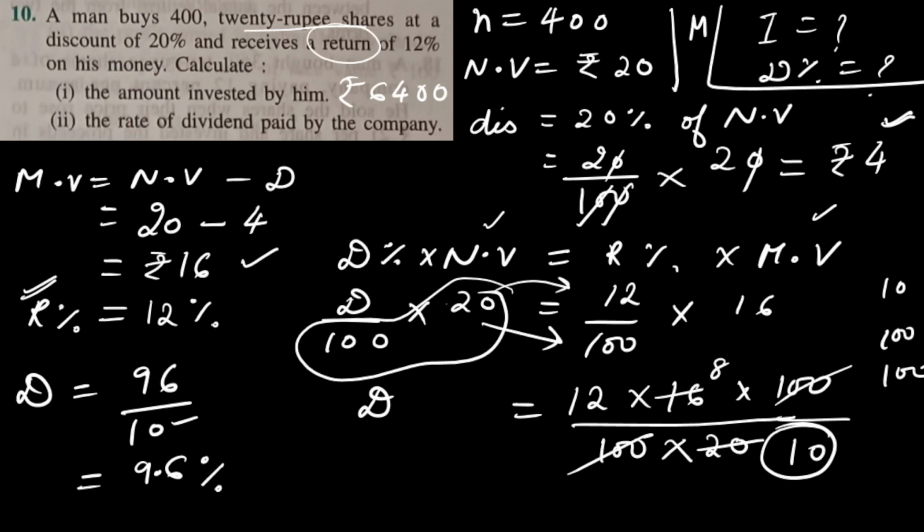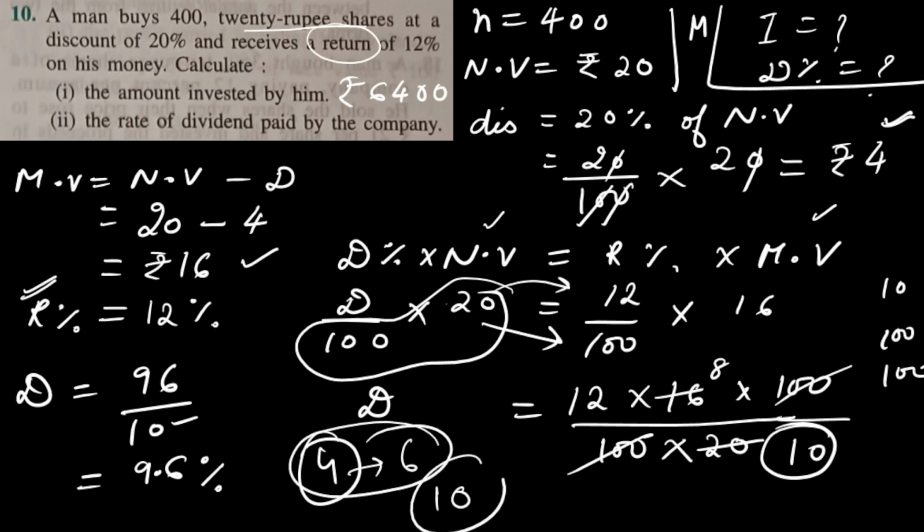So with this we have completed the 10th question. Now let's do the next question. In this video, because this exercise is a little lengthy, it has 20 questions in total, what I have planned is, 4 questions I did in the first video. It includes MCQs also. MCQs itself, 6 questions were there. So overall in my first video I completed 6 MCQs plus 4 subjective questions. So 10 questions I did.